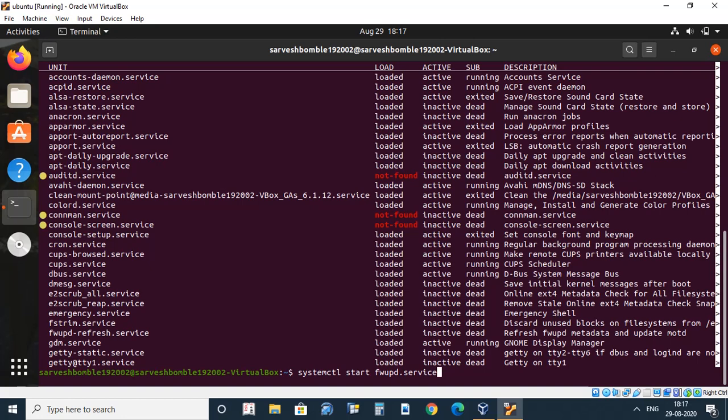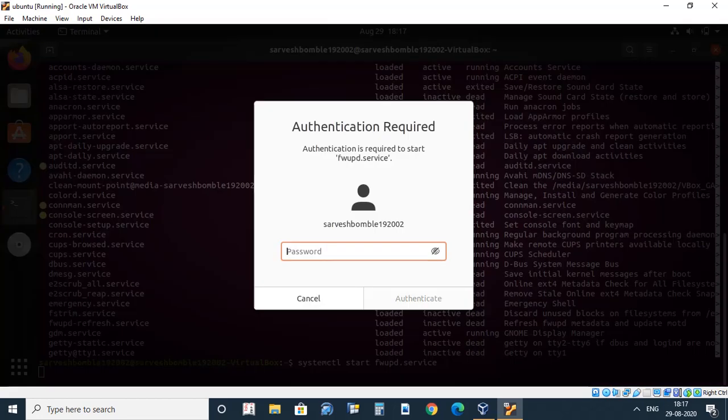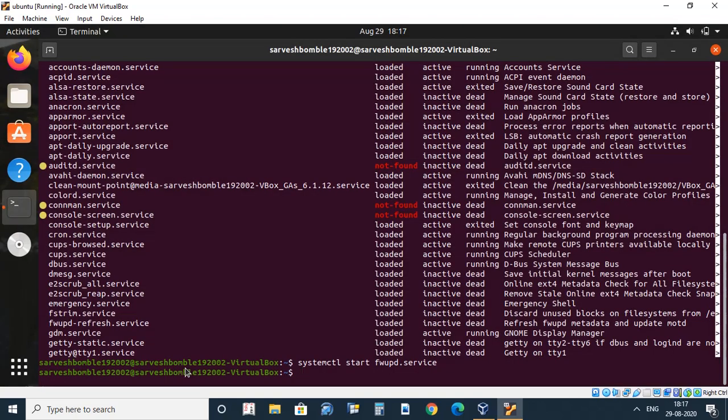So let's see, when I press the enter button, it will ask me for authentication. See, yes, it has asked me for the user password for starting the service, and I'll quickly enter my password. Yes, successfully we have started the service.